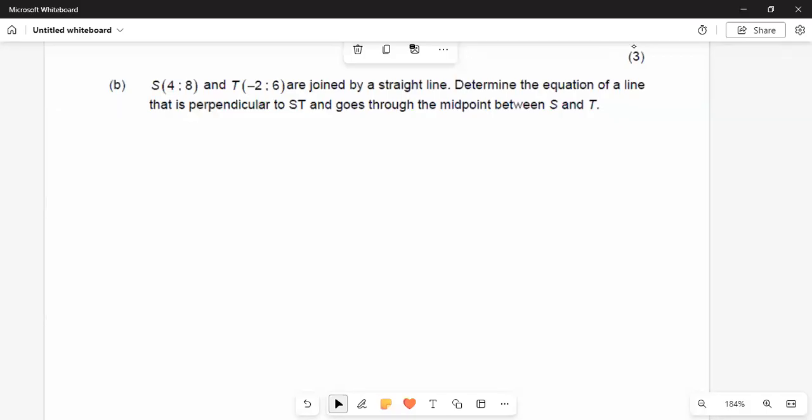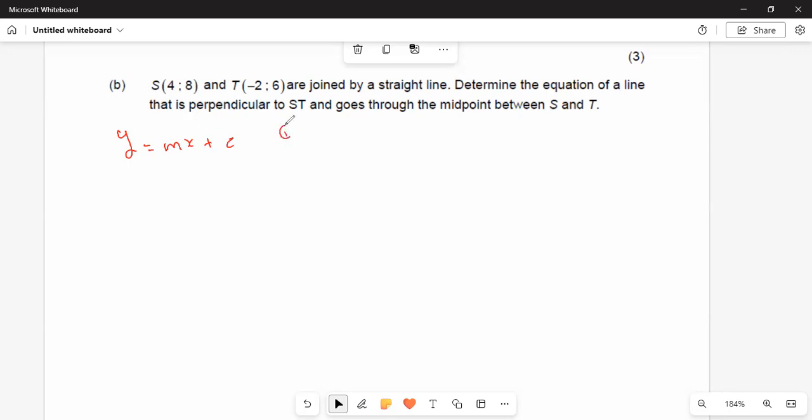Question B says point S with coordinates (4, 8) and point T with coordinates (-2, 6) are joined by a straight line. Determine the equation of a line that is perpendicular to ST and goes through the midpoint between S and T. So in order for us to calculate an equation, y = mx + c,